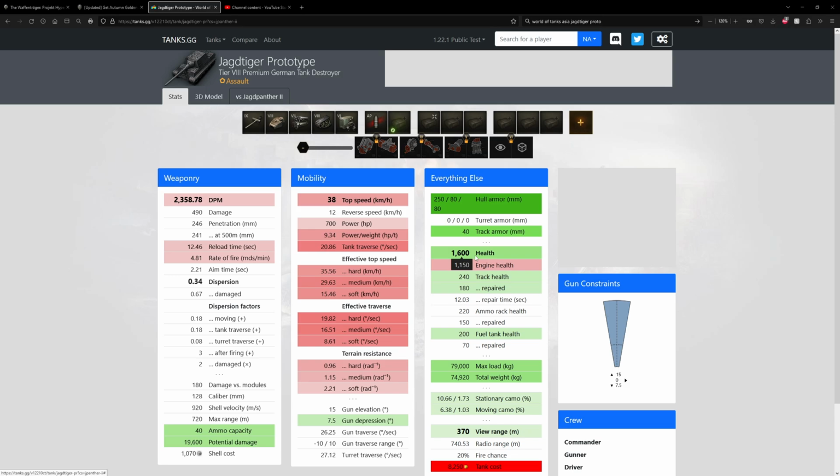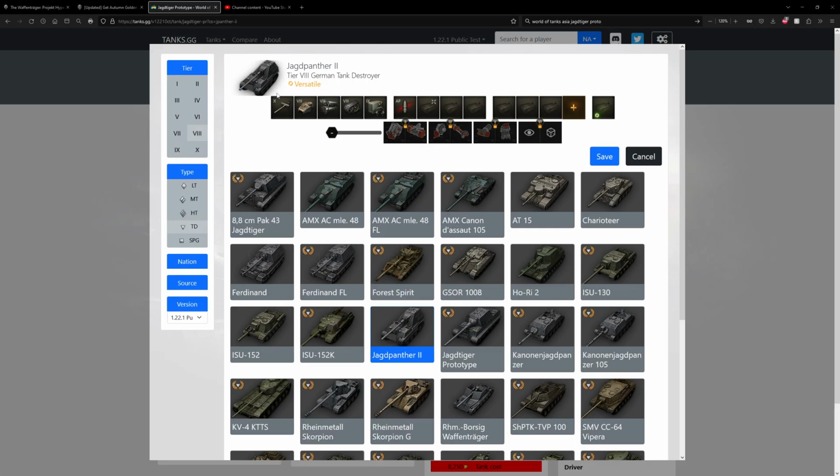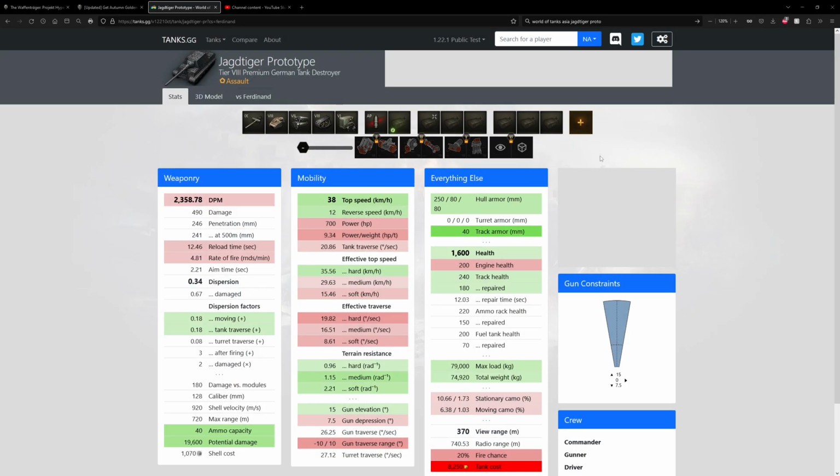Wow, the Jagdpanther II has no health. I mean, the Ferdinand gets 1500, right? Yeah, 1500. So Jagdpanther II doesn't really have that much health. It's okay, but it gets a 0 on the effort. It gets about, I'd say, 5.5. It's okay. It's a stock Jagdtiger, maybe a 6 out of 10 if we're not judging based on the effort put into this vehicle. But since we are, it's like a 1 out of 10 in terms of effort put